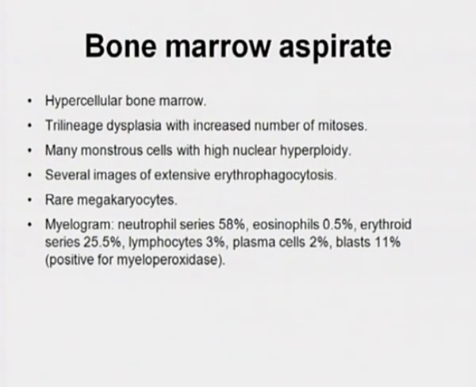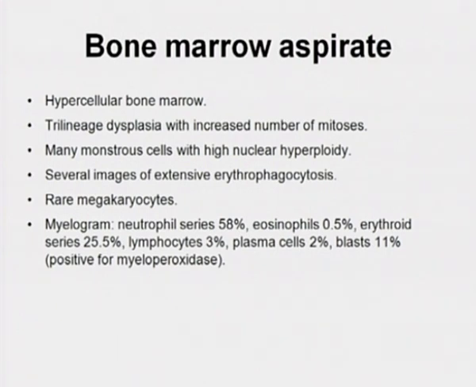Bone marrow aspirate: hypercellular bone marrow, we have tri-lineage dysplasia with an increased number of mitoses. Many monstrous cells with high nuclear hyperploidy. Several images of erythrophagocytosis, and we will see what those vacuoles were. Rare megakaryocytes, and the final